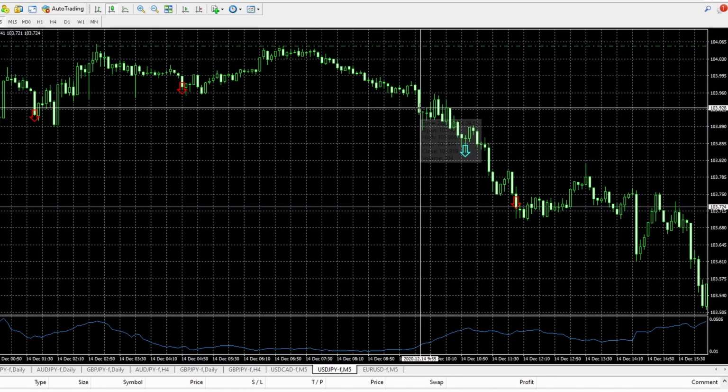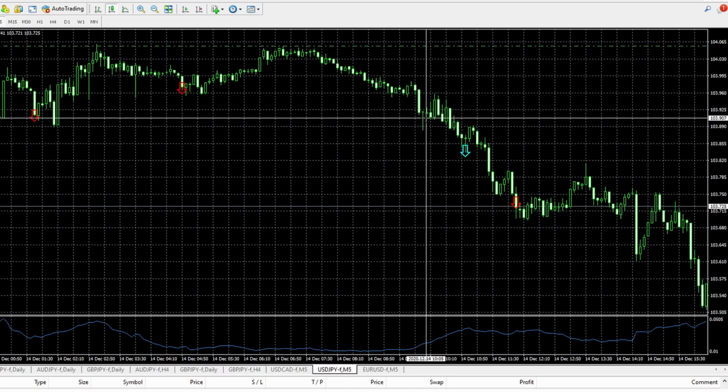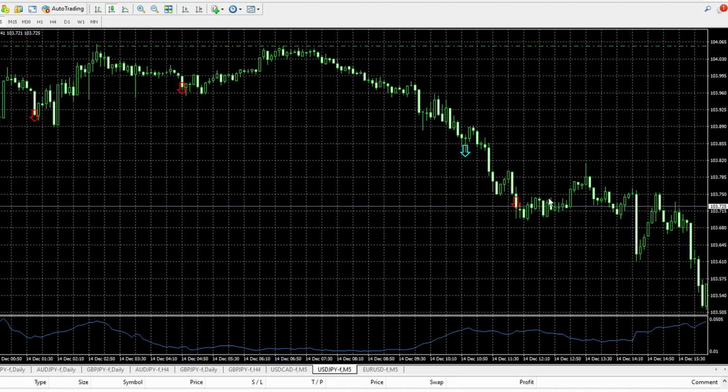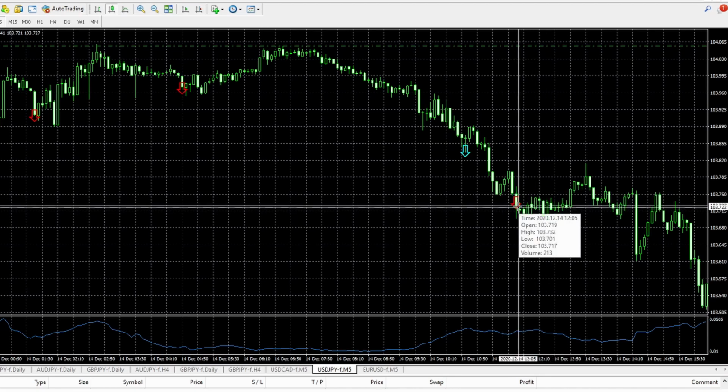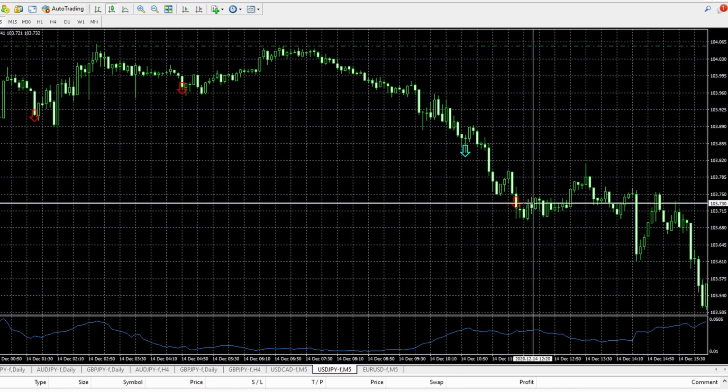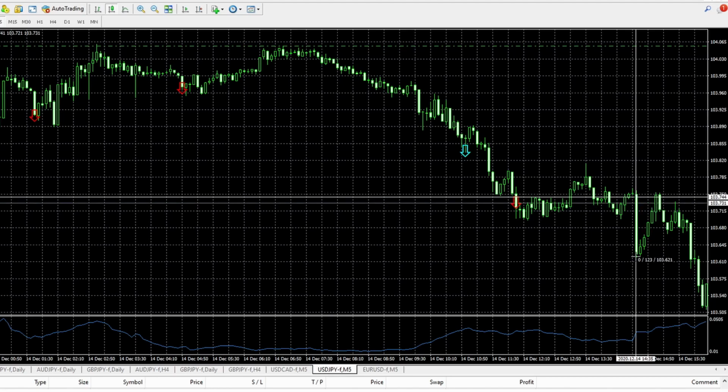But if I place my trade here, this is the beginning of the downward trend move. It has the highest potential to get the biggest amount of gain. So this was actually the last gasps of the downward move, and it entered into a sideways trend, which would trigger a lot of stop losses, tight stop losses. And then this is another downward